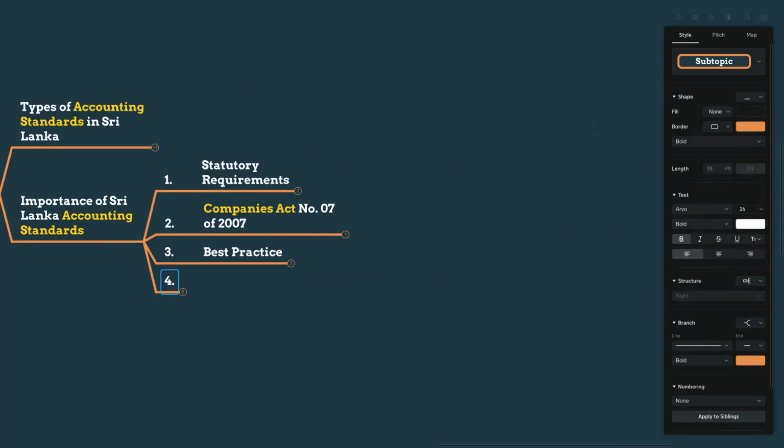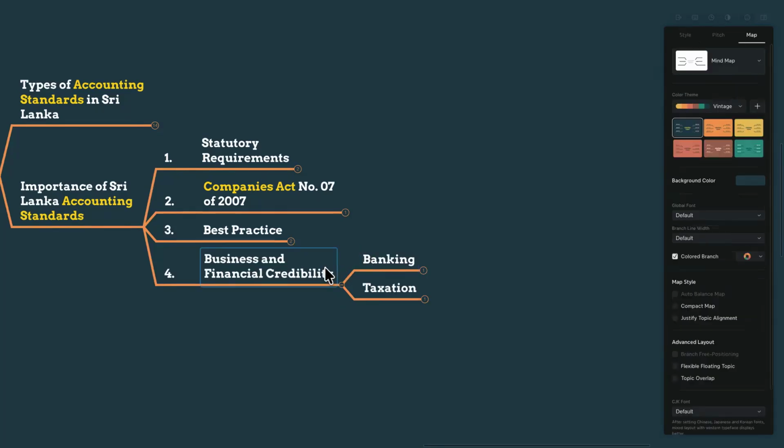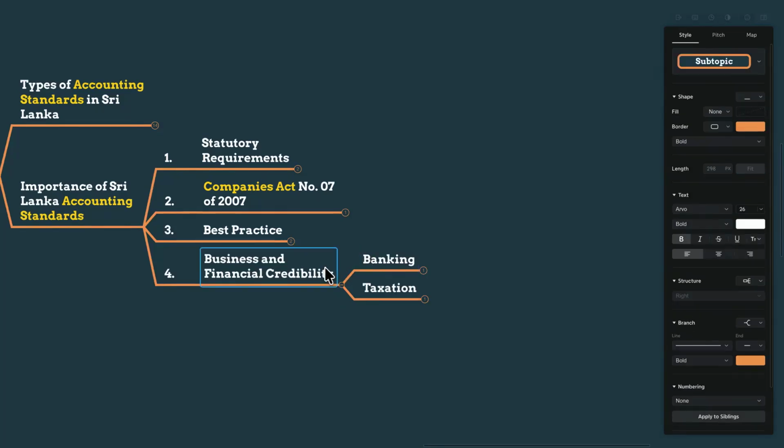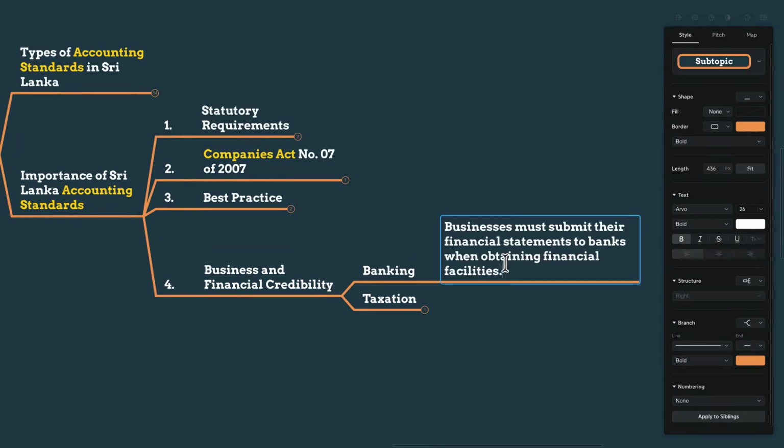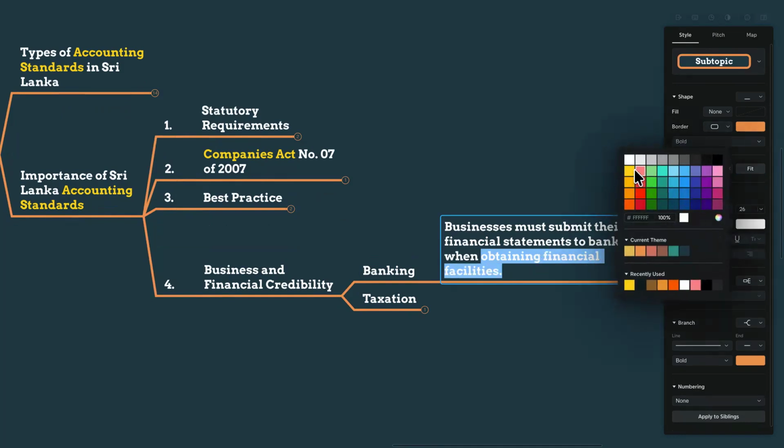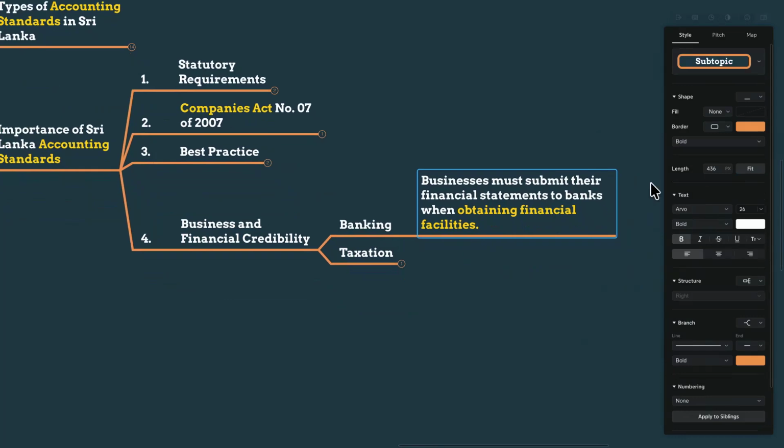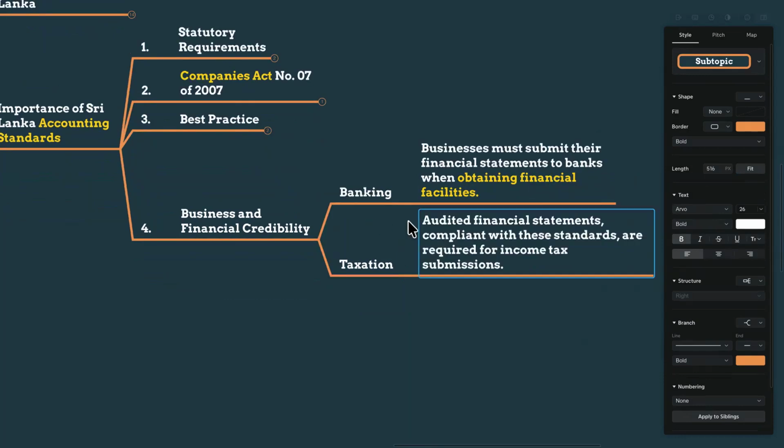That's also one reason. And another reason is business and financial credibility, my dears. Right? Businesses must sometimes submit their financial statements to banks when obtaining financial facilities. Even if you are a sole proprietorship or a simple small company, if you are going to obtain some bank loans, they will ask you, okay, give me the financial statements for the last 5 years. I want to check your profit. I want to check your financial position. I want to check your ability to pay the interest. For that reason, as well as